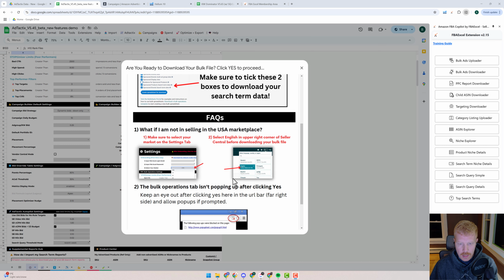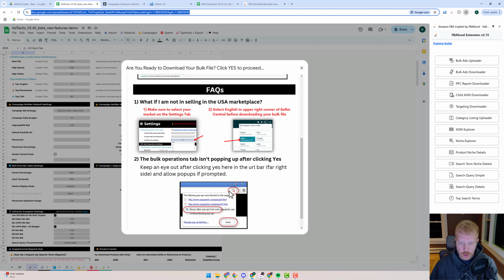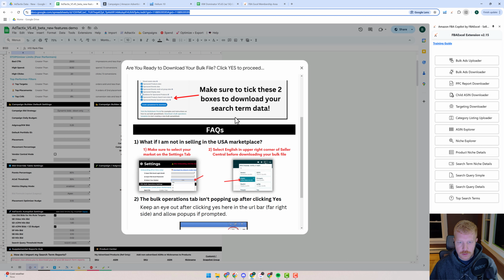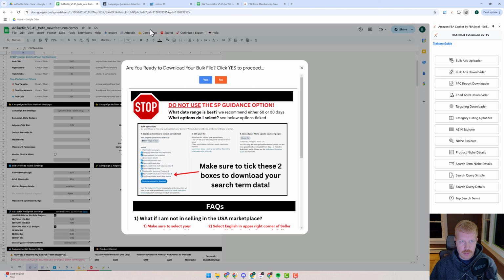All right, and we've got some FAQs down here. You definitely want to have your Seller Central set up for English. And when I click this yes button, if the prompt doesn't show up, you're going to want to make sure you hover over the search bar up here and look for this. If you've got your pop-up blockers on, it's not going to open to the right place. So anyway, I'm going to hit yes, and you should see